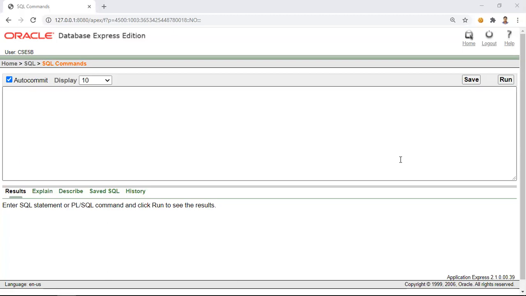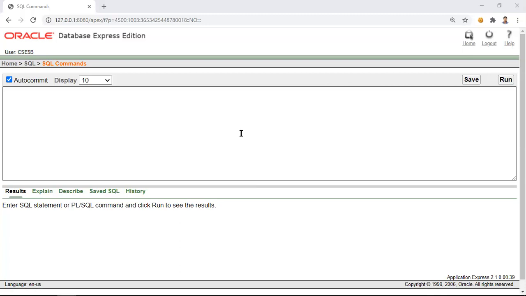So good afternoon, everyone. In our last class, we saw how to work with Oracle. We studied different commands, like how to create a table, then how to insert data into the table.